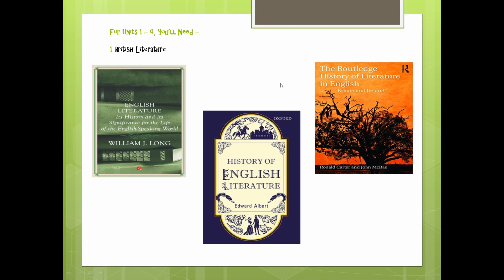Now, after talking about these two books, we have finally a good reference book called History of English Literature by Edward Albert, published by Oxford. This book is not very lucid like William J. Long's, not very up to date like the Routledge History, but this book is a very good book for quick